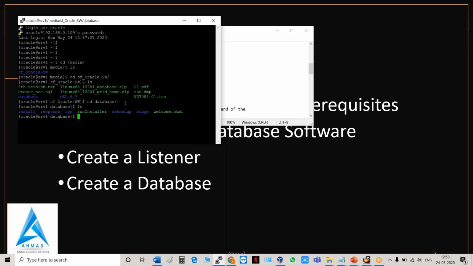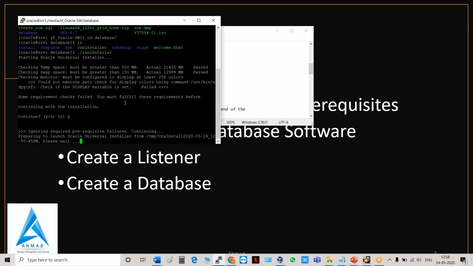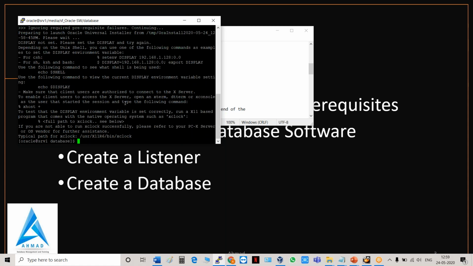So here we run the installer. So yes, please wait. It will pop up the Oracle GUI tool, the graphical tool. By that, we install the software, we create the database, and then